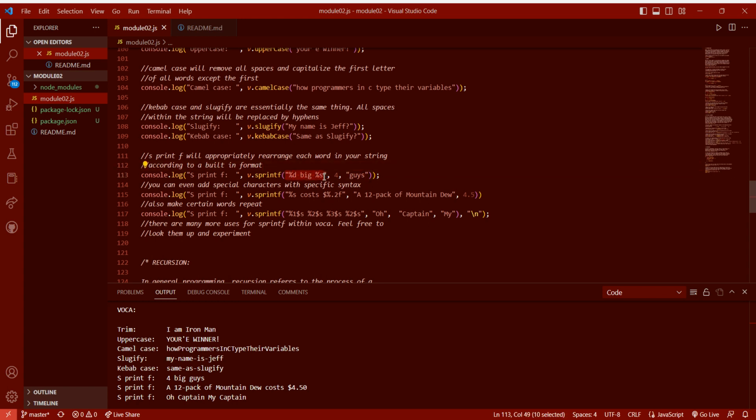So right here, I have the word big and then the integer 4, saved as an integer, not as a string because it's outside of quotes, and then the word guys. Now, because I've put %d and %s on the beginning and end of the big string respectively, it knows to output it in this fashion. Now it's forming a coherent sentence. My next demonstration of sprintf